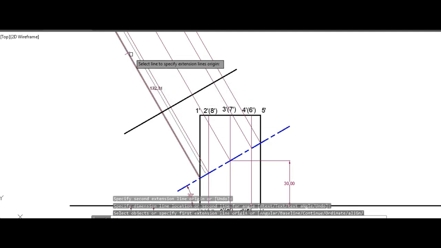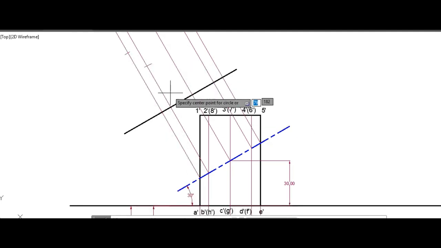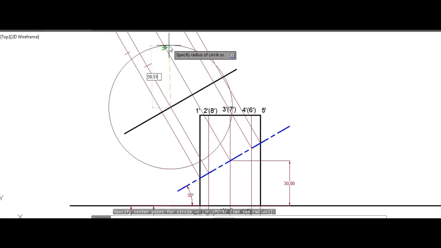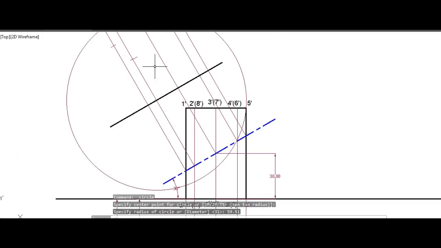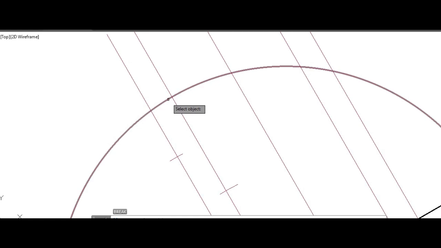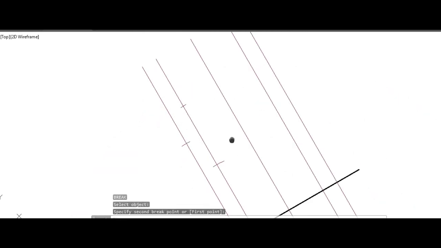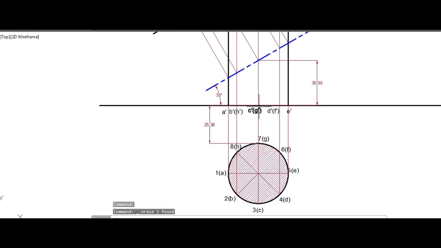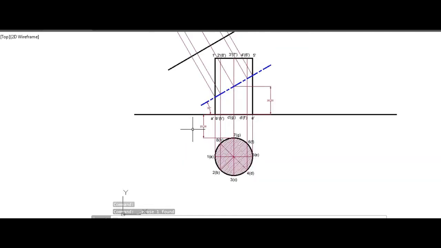Same projection line. Get the next arc. The distance from XY to 7 is 25.38.